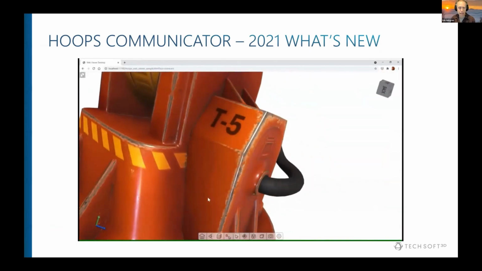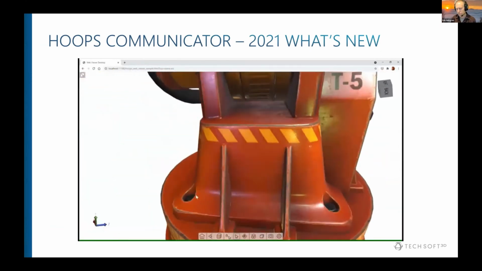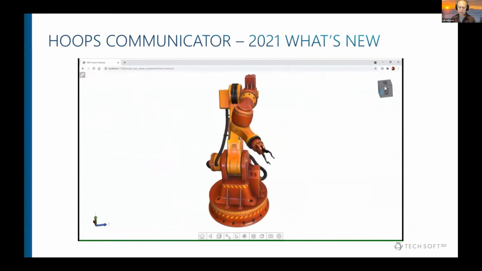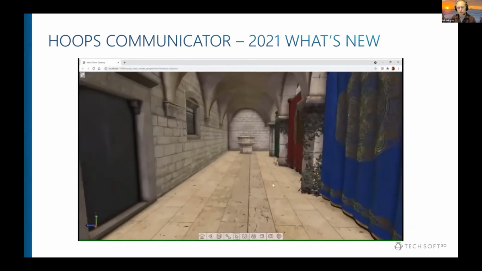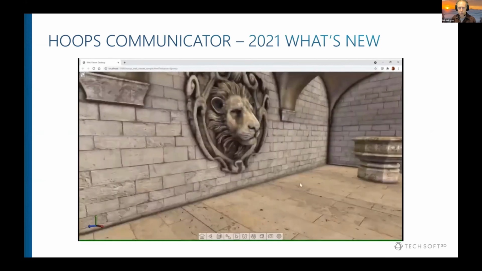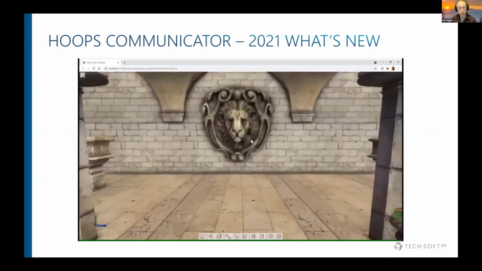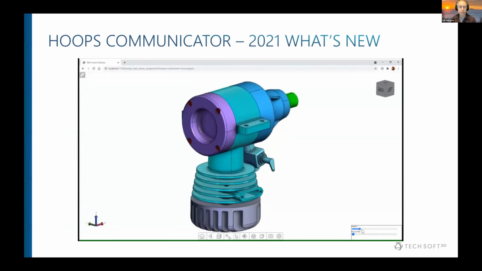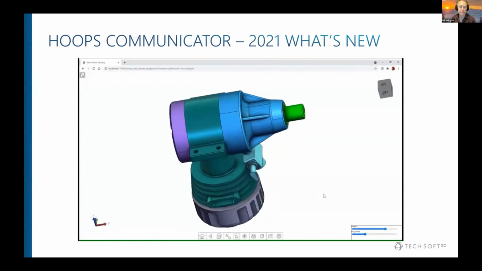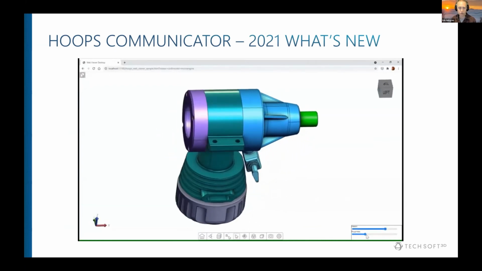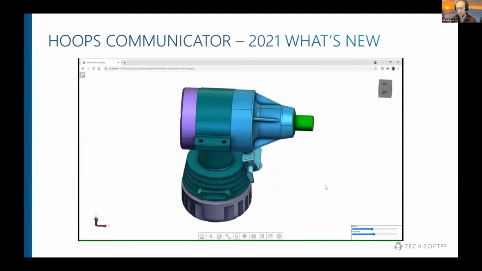We finally got it added to Communicator, and this may seem like, okay, it's just flashy, but while we all enjoy high quality graphics, our partners have been asking more and more for support of this, whether it is glTF objects or I need to have higher quality rendering, both in Visualize and in Communicator.